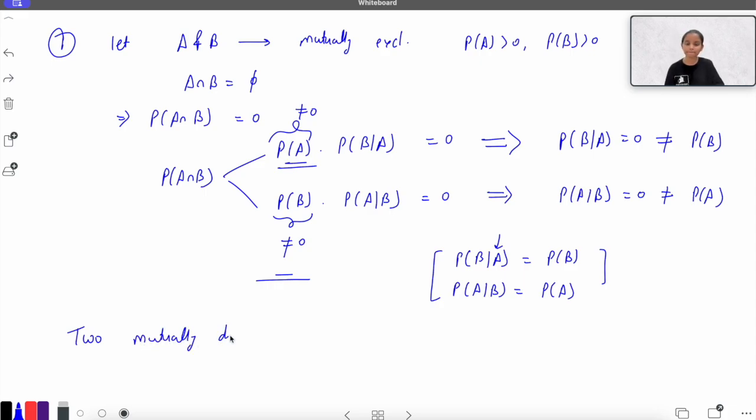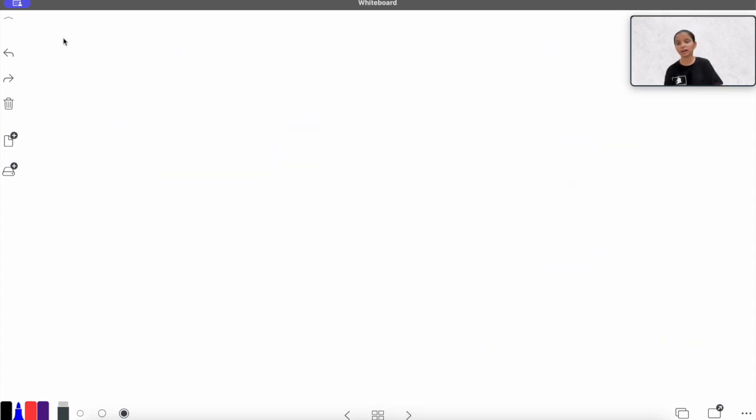mutually disjoint events with positive probabilities are always dependent, or you can say that they are not independent. Understood? Now let's see the second scenario where we are going to consider that my A and B are